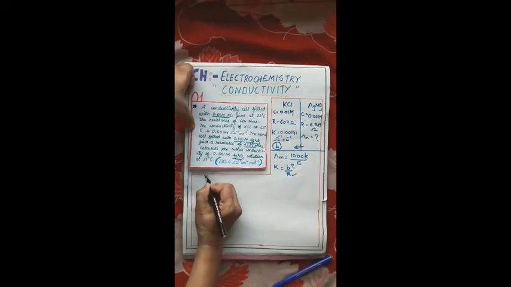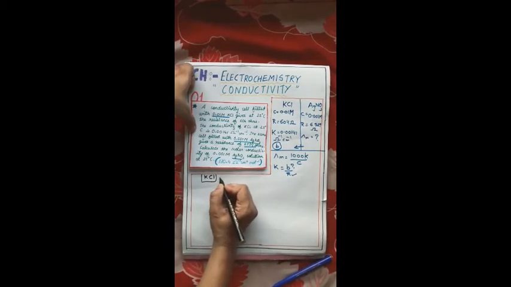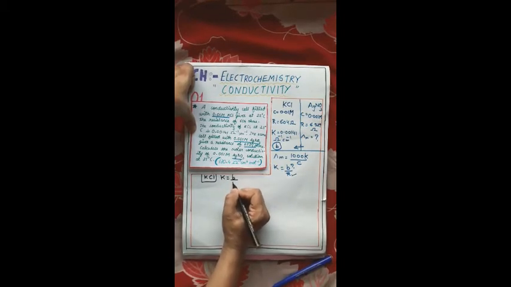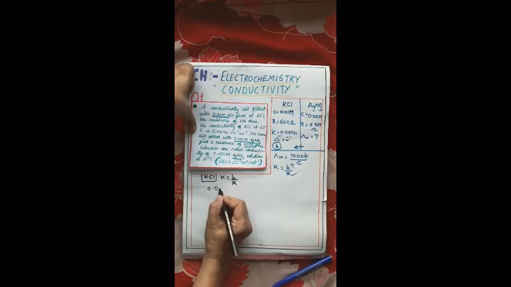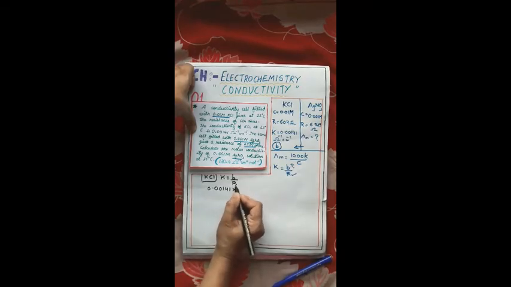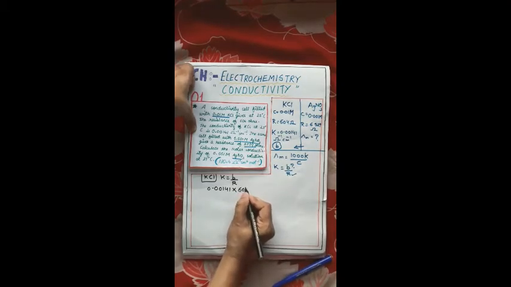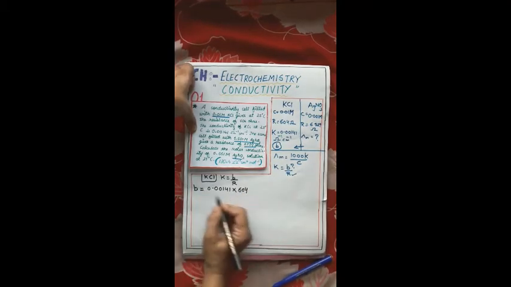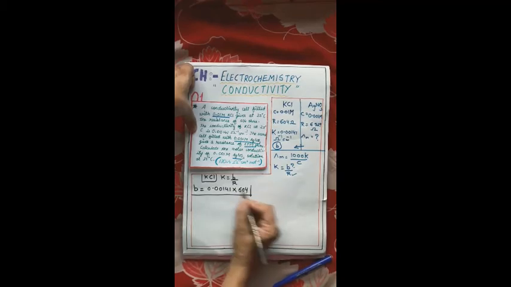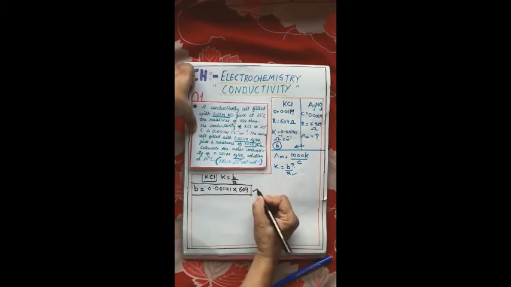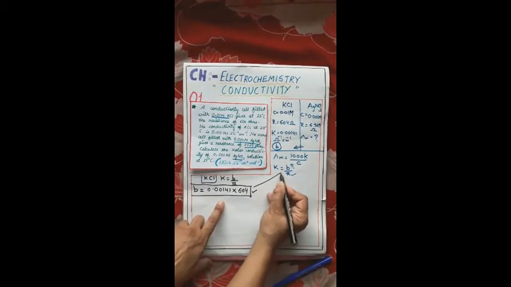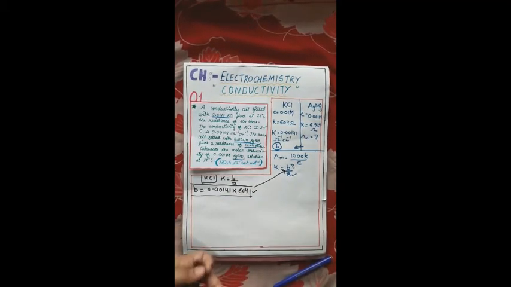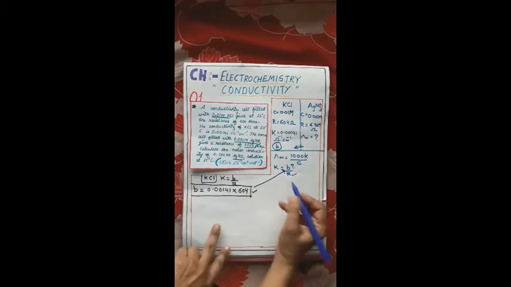So, from the KCl, we are having K is equal to B upon R. Now, what is the value of K in case of KCl? It is 0.00141 into, what is the value of R in this case? 604. B is equal to this. So, the value of B is this. Okay. Now, what we will do? We will transfer this value into B.